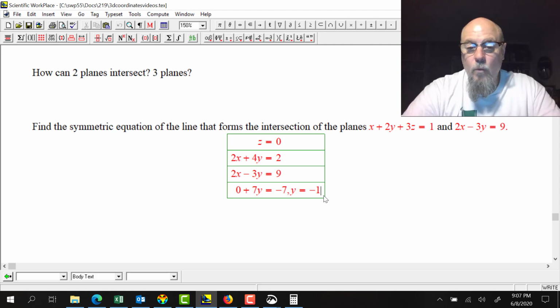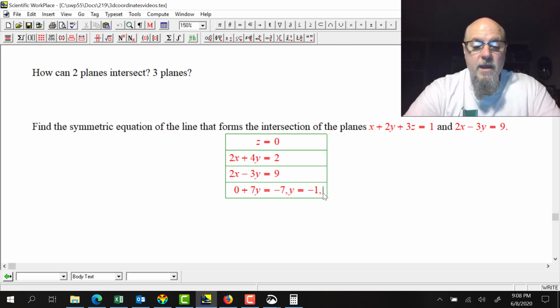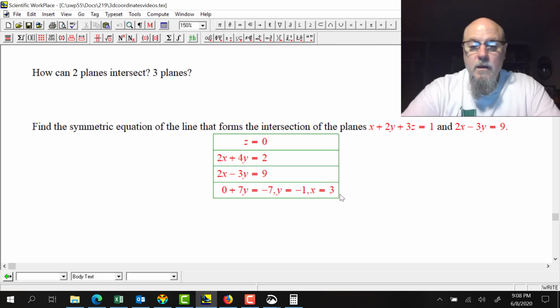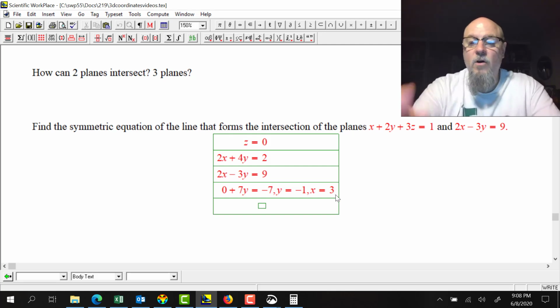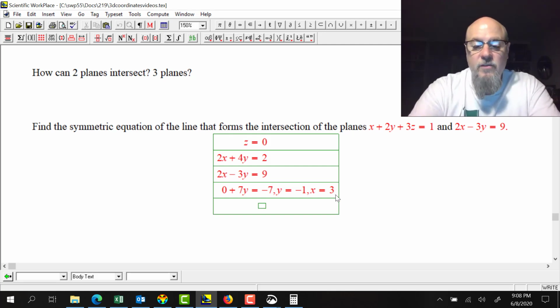Putting it back up here, if y is equal to minus 1, then x has to be 3. Am I right? That's 6 minus 4 is 2, yeah. So there's a point on the intersection line: 3, minus 1,